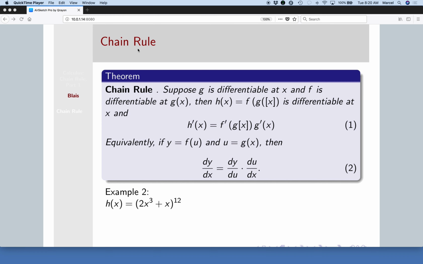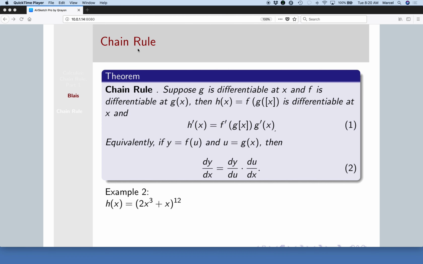With this function composition, we actually have this expression here. The derivative of that composition is f prime of g of x times g prime of x. So you can think of this as when you take the derivative of this composition, you take the derivative of the outer function, leave the inner function as it is, and then multiply that by the derivative of the inner function. Equivalently,